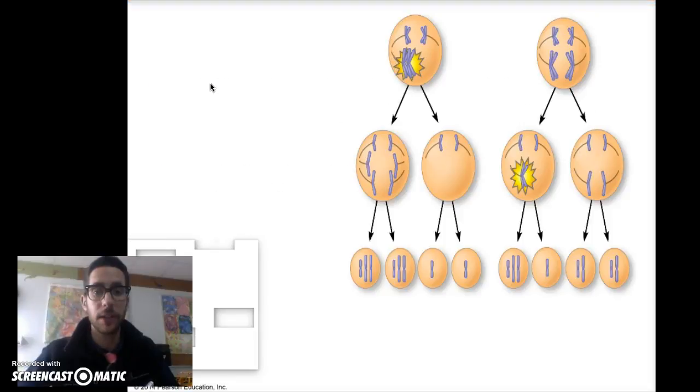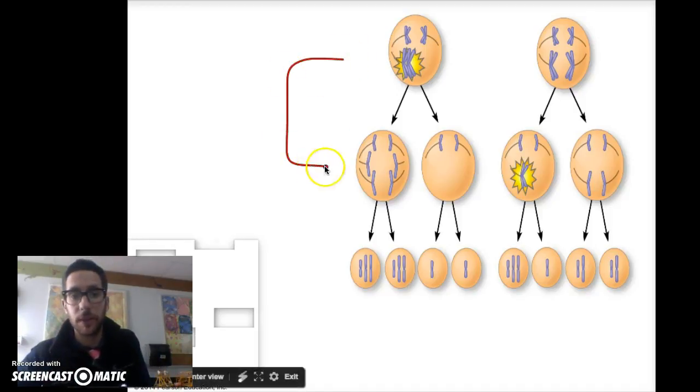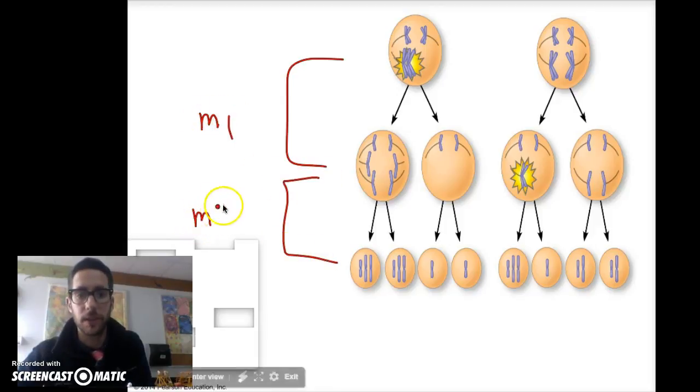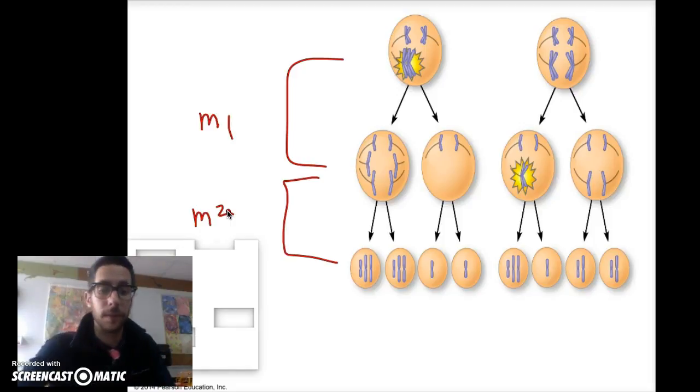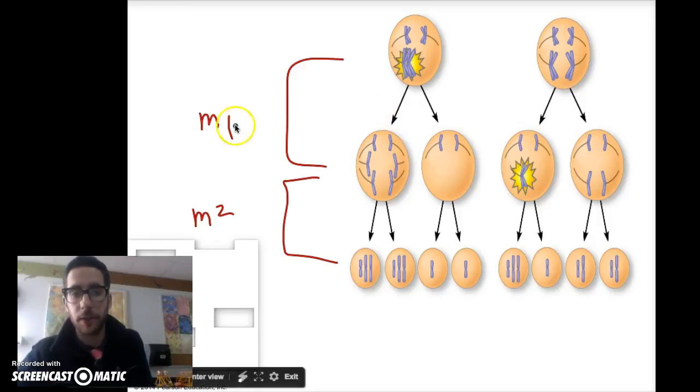If we look at this in terms of significance, we know that chromosomes are separated at two different times within meiosis. We have this first separation, which is meiosis 1, and then the second separation, which is meiosis 2. And the implications of when non-disjunction occurs can talk about the number of gametes that are lacking what they're supposed to. If we look at meiosis 1, we can see that there is non-disjunction for the